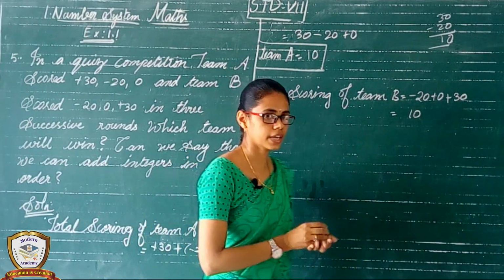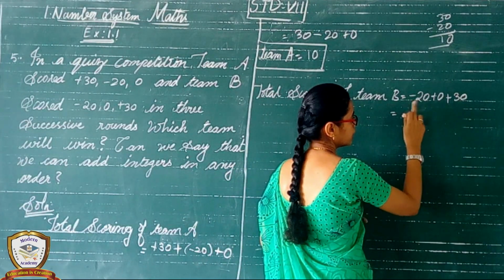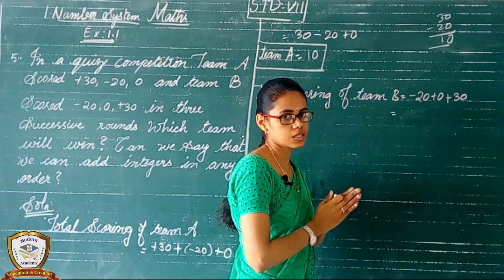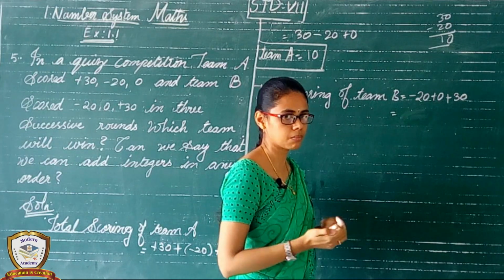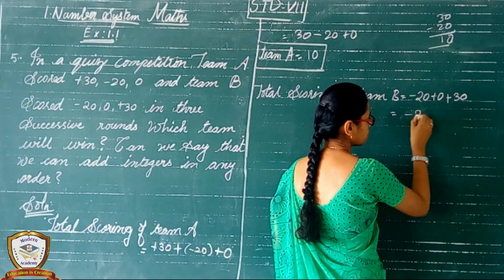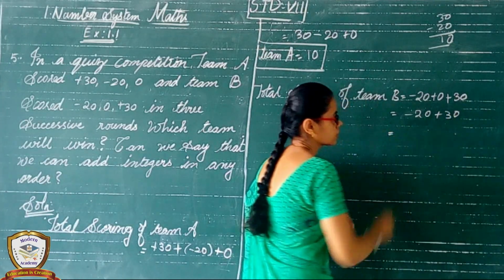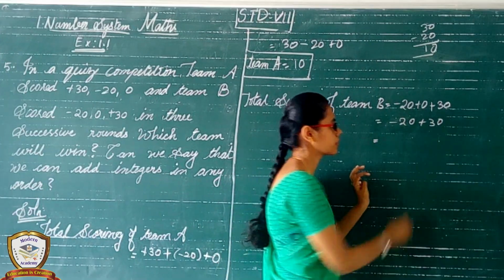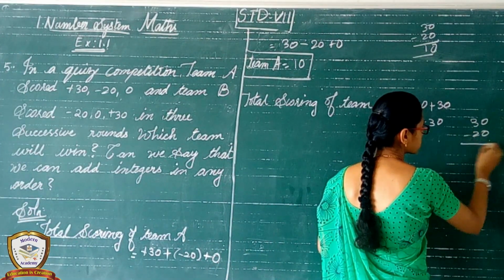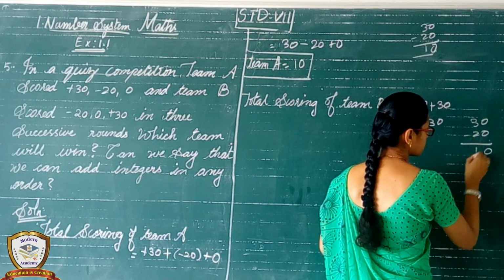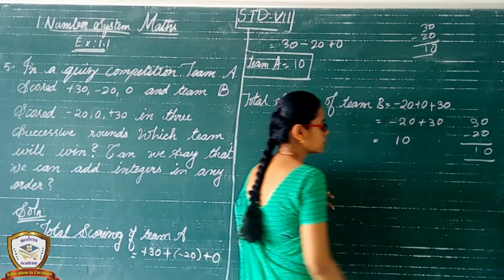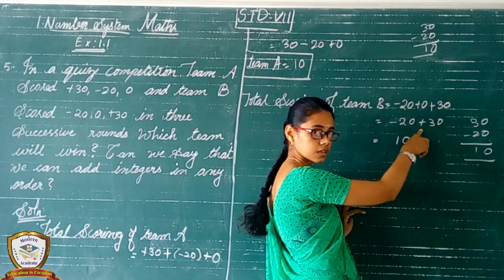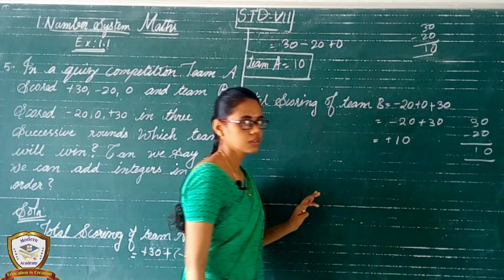Okay, so again, what can I say. Deeply, see, minus 20 plus 0. If any integer, any number, is added with 0, it means the same number, isn't it? That is minus 20 plus 0, minus 20 plus 30. Right? See, different sign means we need to subtract the numbers. That means 30 minus 20: 0 minus 0 is 0, 3 minus 2 is 1. So take it. Which is the greatest number? 30. So the sign of 30 is plus, so we have to mention it, or otherwise no need.